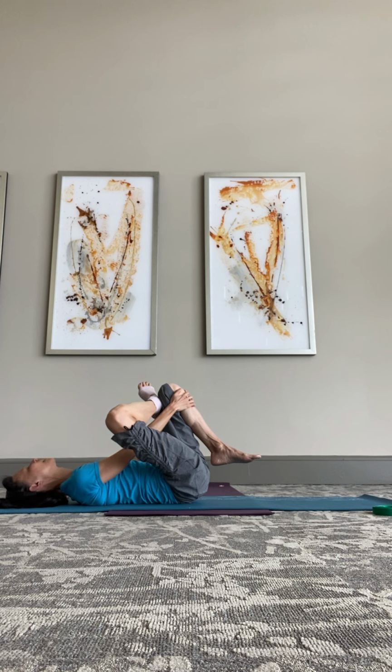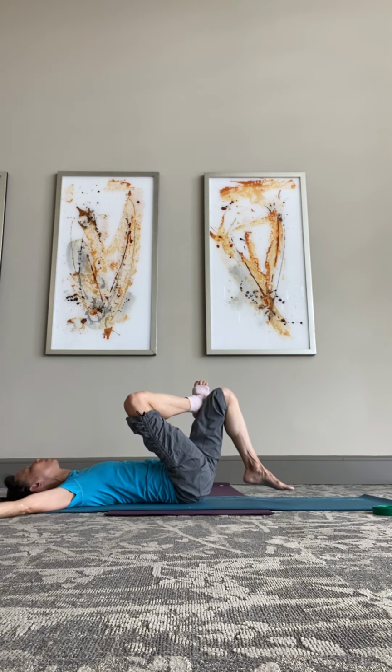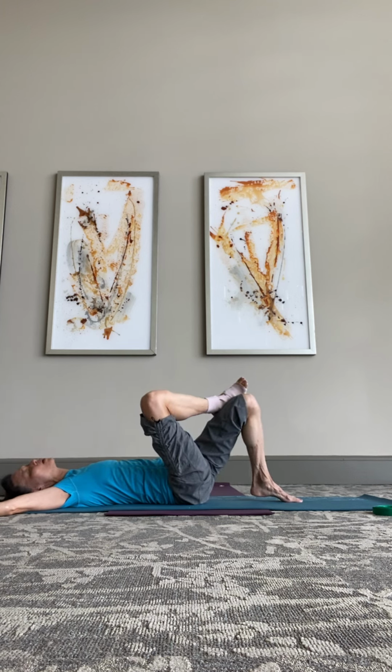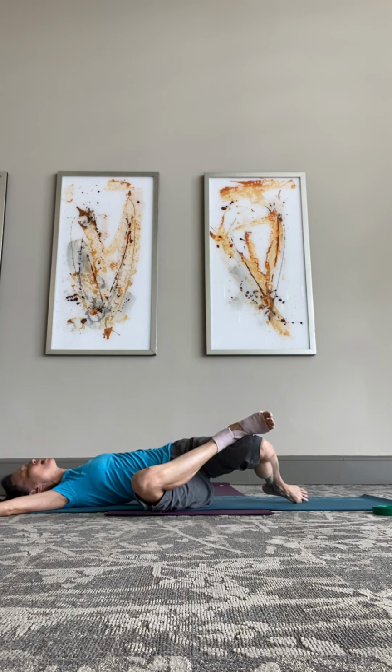Continue to breathe, sending that breath energy towards the area where you feel tension and tightness. Exhale, releasing your hands, open your arms out wide, then lower your right foot down. Keep your left ankle on top of the right thigh. Breathing in, exhale, roll both knees over to your left side to allow your body to twist and draw your